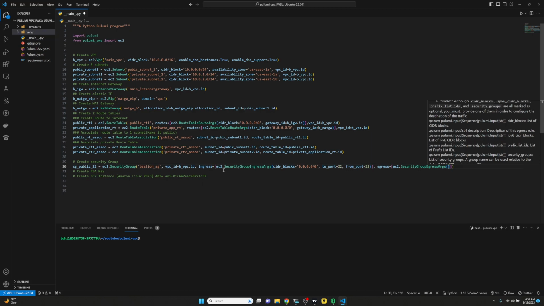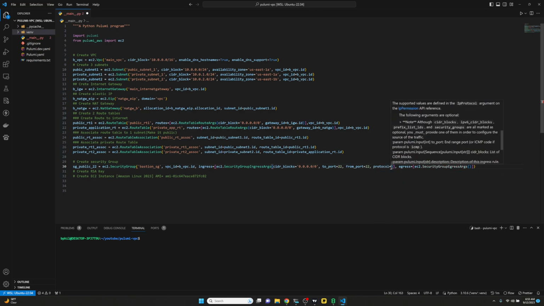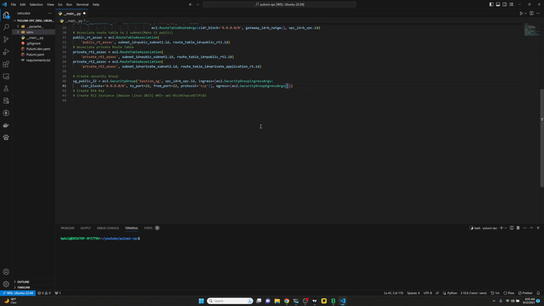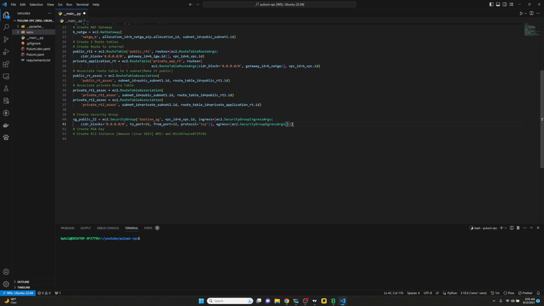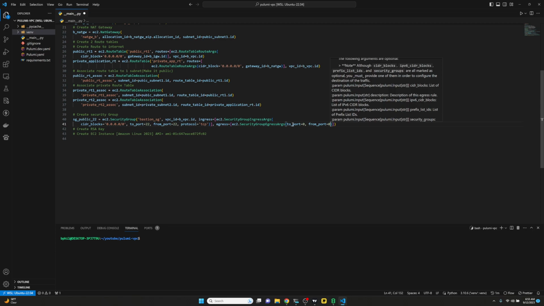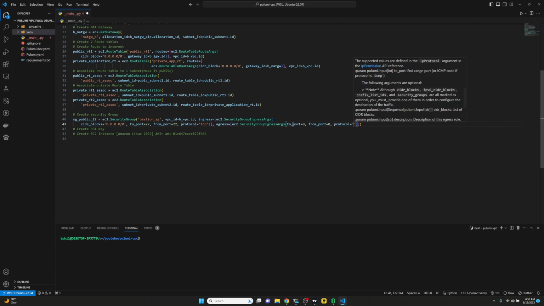And here we also forgot the protocol, so we're going to say protocol TCP, and let's have it formatted. We're going to say to port, and this is going to be 0, so for all, right? From port 0, and then protocol, and this is -1,